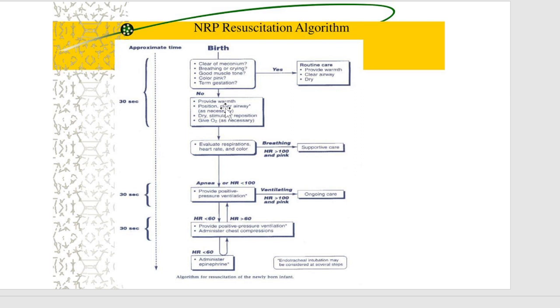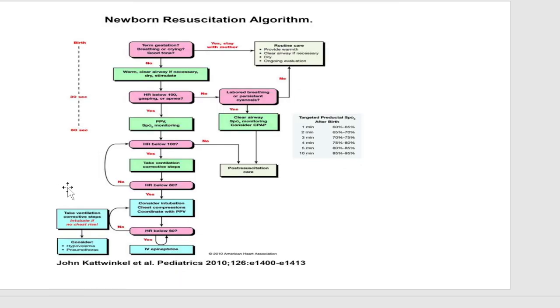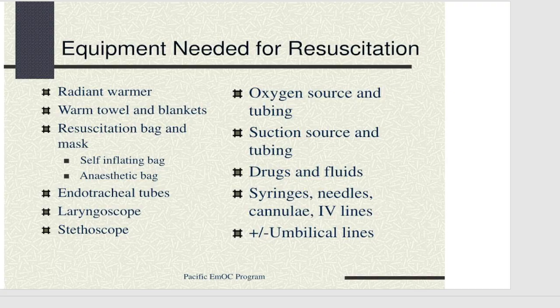That's where, in the Apgar score I mentioned, it should be assessed in the first 1 minute of life and the next 5 minutes of life. So in the next 1.5 minutes, we are doing all these services. In the first 30 seconds, we have to check whether it is normal or abnormal. If less than 100, then we go for ventilation. If more than 100, normal routine care. This is all about the resuscitation flowchart. And here they are mentioning the same thing, the newborn resuscitation algorithm or flowchart.